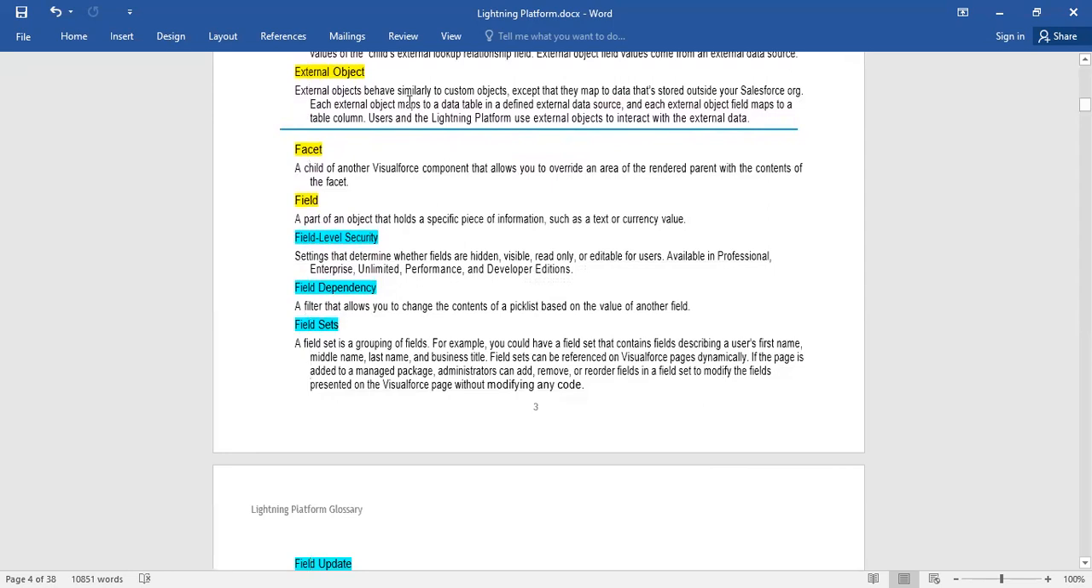External objects are similar to custom objects, except that they map to data that is stored outside your Salesforce org. Each external object maps to a data table in a defined external data source, and each external object field maps to a table column. Users and the Lightning Platform use an external object to interact with the external data. Next,